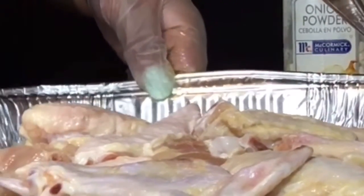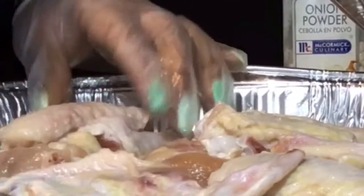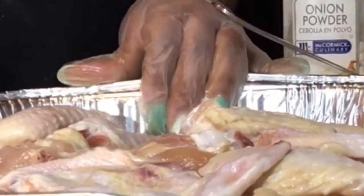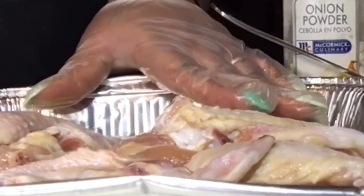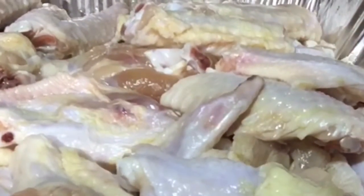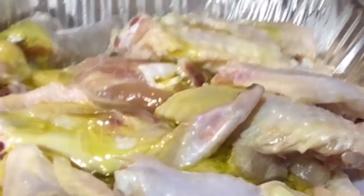Okay, so I'm going to get some olive oil. Can you pass some olive oil to me? Okay. We're going to put some olive oil on here as well. I'm going to ask hubby to go ahead and pour this on. Oh, never mind, babe. I'm done. What the olive oil is going to do is give it a nice crisp in the oven, but it also is going to help the seasonings stay on the chicken. So we're just going to go ahead and just...